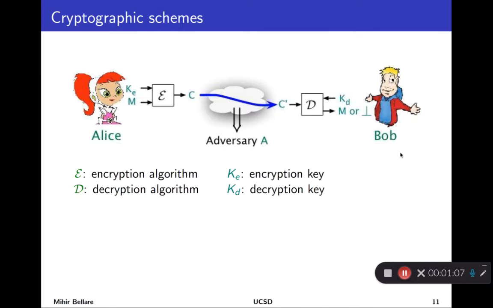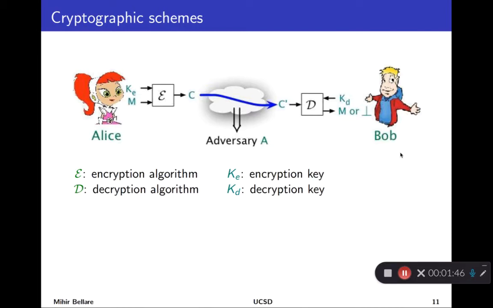So what Alice will actually do is, rather than send her message M in the clear across the internet, she'll run a certain algorithm or piece of software called the encryption algorithm, which also operates under the influence of something called a key, an encryption key in this case, and produces an object called a ciphertext. And what's sent across the wire is this ciphertext. And what reaches Bob at the other end is also a ciphertext, perhaps the same as what Alice sent, or if the adversary is trying to violate integrity, maybe even a different ciphertext.